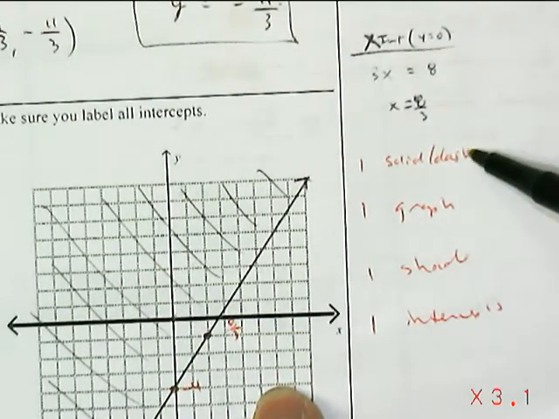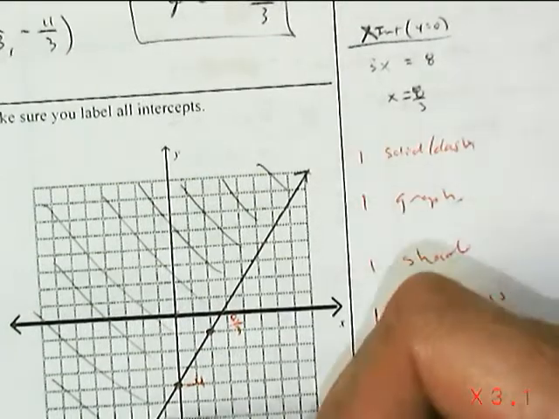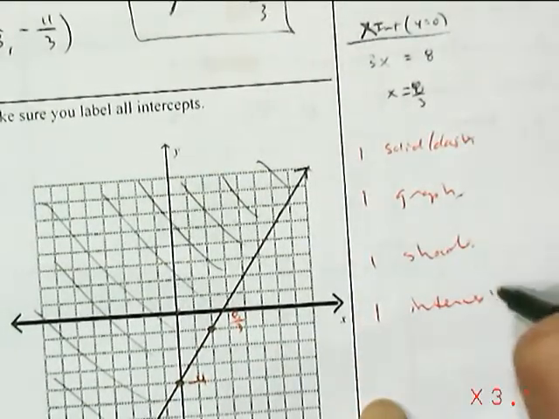You get a point for solid or dashed. A point for correct graph, meaning if you graph this correctly going through negative 4, I give you 2 points. A point for shading and a point for having your